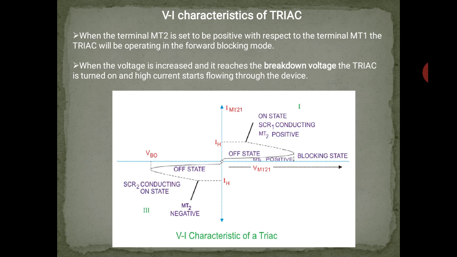Apart from increasing the voltage across the device, the triac can be turned on by applying a gate pulse, even if the applied voltage is less than the breakdown voltage. The same operation can be carried out in the negative direction of the triac, which leaves us with a mirror image of the same curve in the negative quadrant. The supply voltage at which the triac starts conduction depends on the gate current applied. If the gate current is higher, the voltage required to turn on the triac can be less.